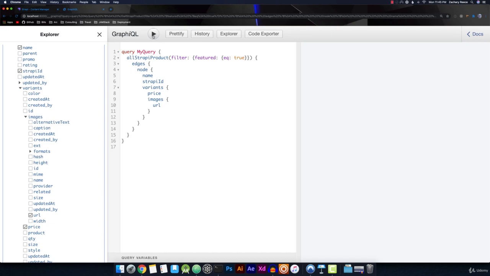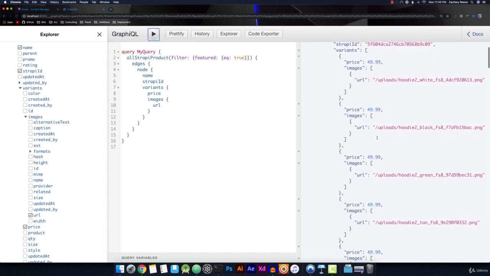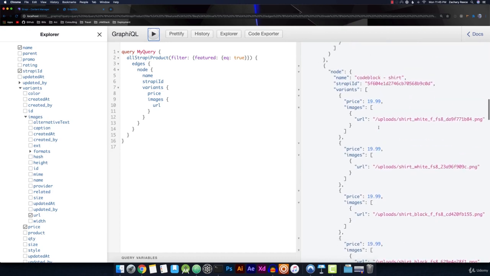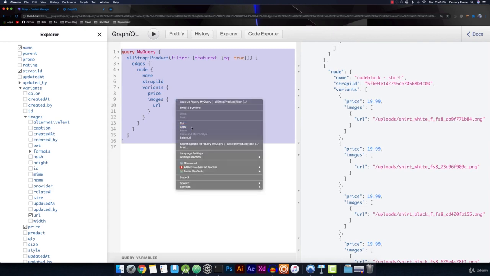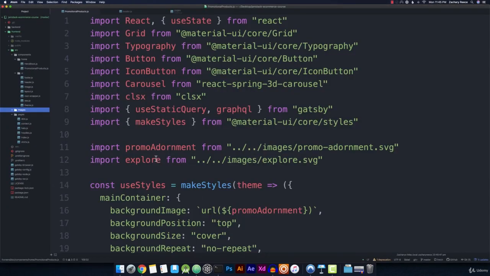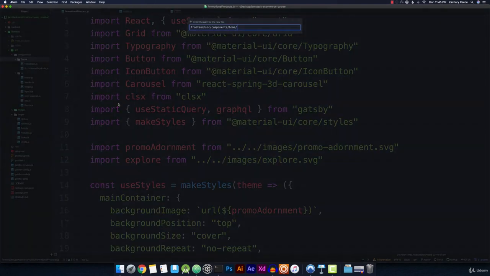All right, so if I go ahead and run this query, you should see that we now get back our featured products as well as the name, the variant price, and the variant images. So that should be all we need to build out the featured block section of our home page. So let's go ahead and copy this, and now we can open up our code editor, and underneath the home folder, let's go ahead and create a new file, and this will be our featured